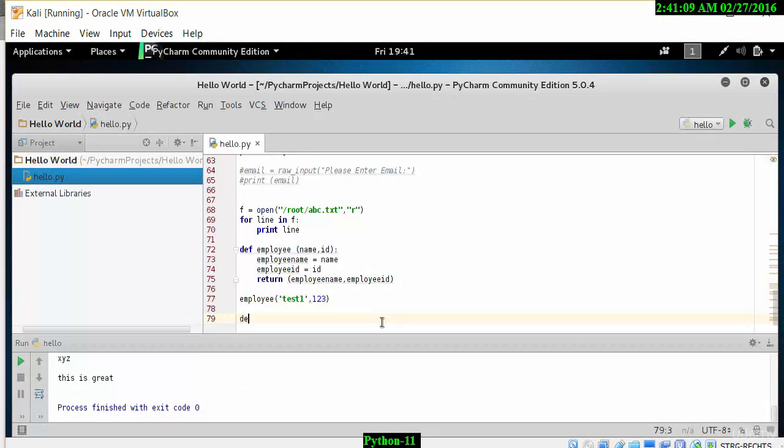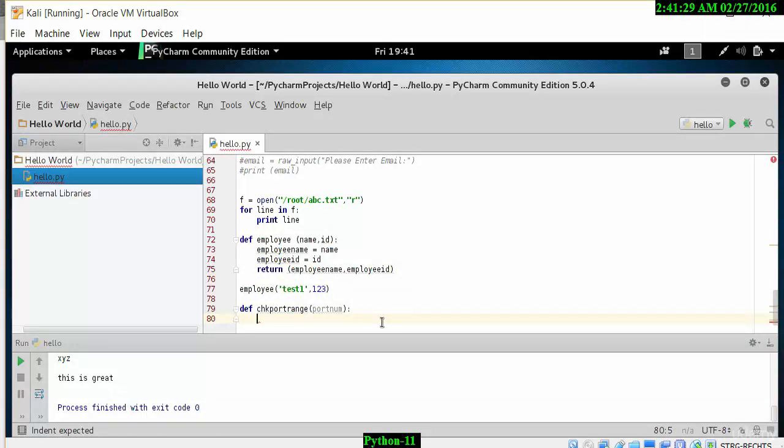Let's use another example now, and let's use something with port numbers, something that will be useful in our hacking examples. So let's define a function here called check port range, and I will put in port number here. Basically what we want to check is if a port number is within a specific range. So let's use the number 65635 as an example, and 0, if port num is greater than